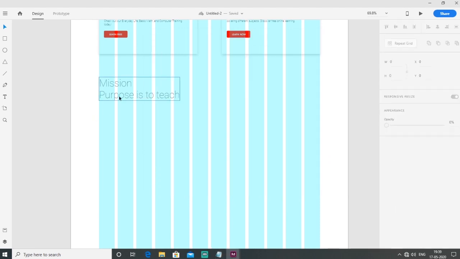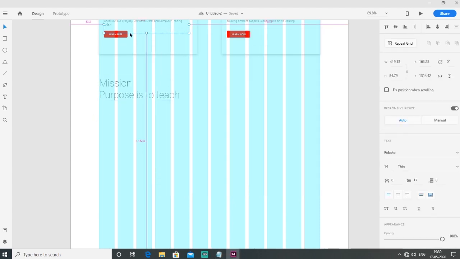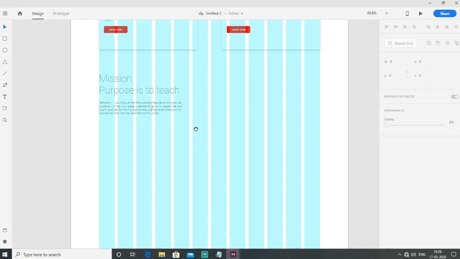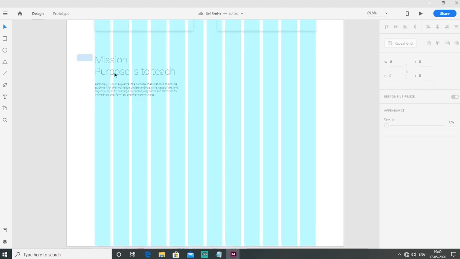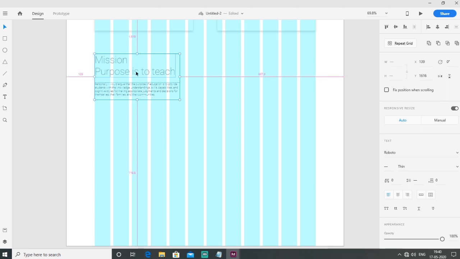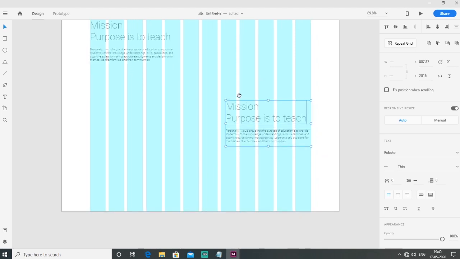Then I copy this text and just drag this and press Ctrl V. And select all the text and copy this text using the Alt key.